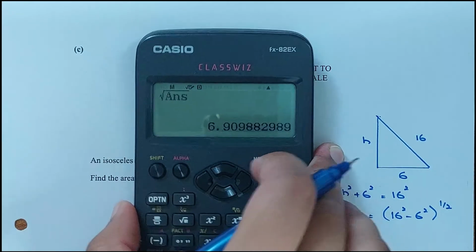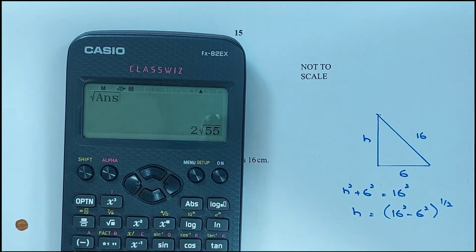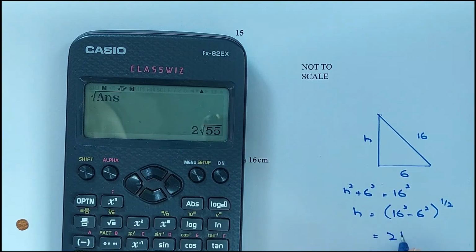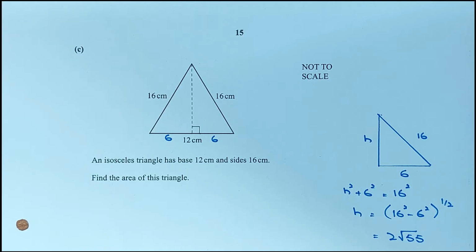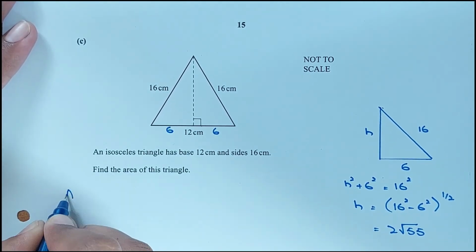Right. Let me calculate 16 squared minus 6 squared and take the square root of the answer. The height is 2 square root of 55. All right, so let me calculate the area of this triangle. The area of a triangle is,